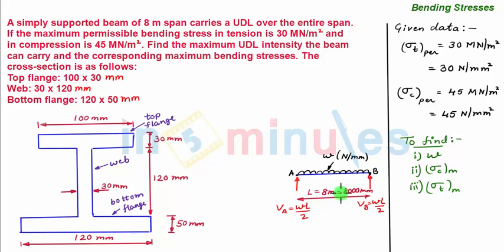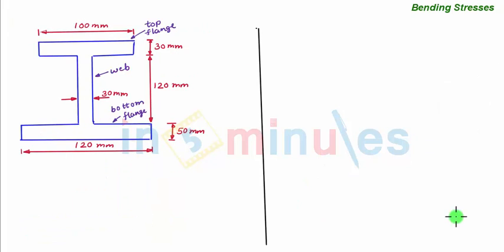First, let us denote the two support reactions at point A and B. VA and VB both will be equal to WL by 2 since your beam is loaded symmetrically. So for a given cross section of horizontal beam subjected to vertical loading, we can write the equation for bending